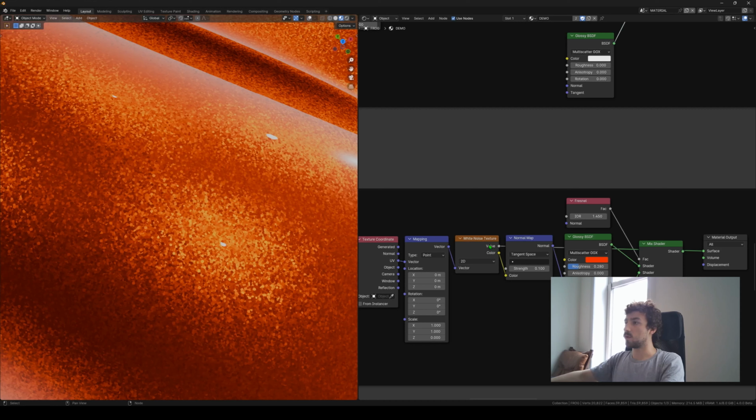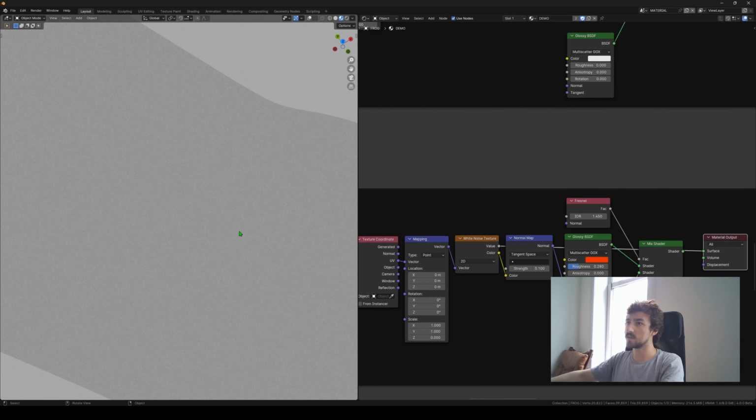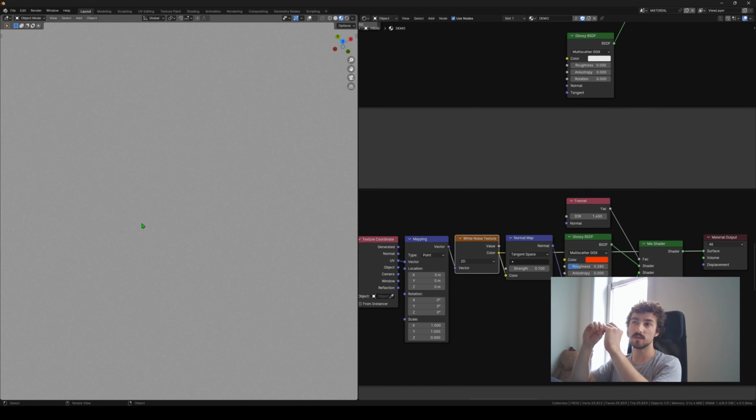And so that's a good reason to start using the white noise, which basically creates a noise where each pixel will have a different value, so just black and white, and color. So it's just random color per pixel, which means that since most of the time your car paint would anyway have flakes that are sub-pixel size in your final render, you would rather want to use this,